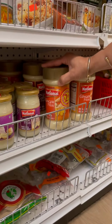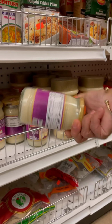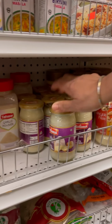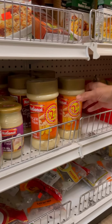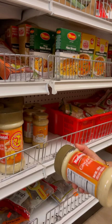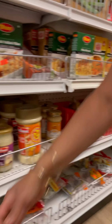One of my favorites. This is ginger paste, but I really like the garlic ginger paste. Here is that garlic ginger paste. You can make your own, but it's really nice. I like to get these. When you're busy, you could just grab this. So I'm going to take one of the ginger paste. And in here, foodies,